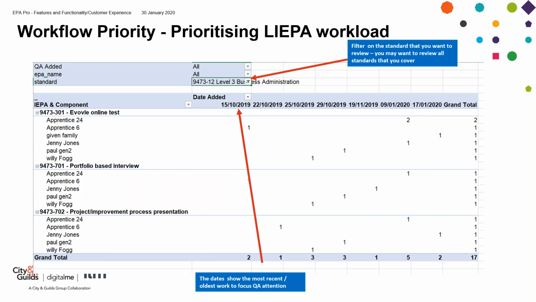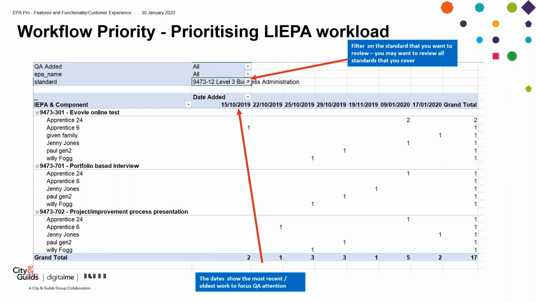You'll probably answer it anyway, but if there's more than one LIEPA working on the community, will they be able to segregate the apprentices that only align to them? Yeah, so what they can do, Bill, is they can select the IEPA names that are relevant to them. So you can go into that field, it'll contain all of the IEPAs that are relevant to your standards, and you can take out the ones that are not relevant to you, that you don't need to be looking at. So it will do that.